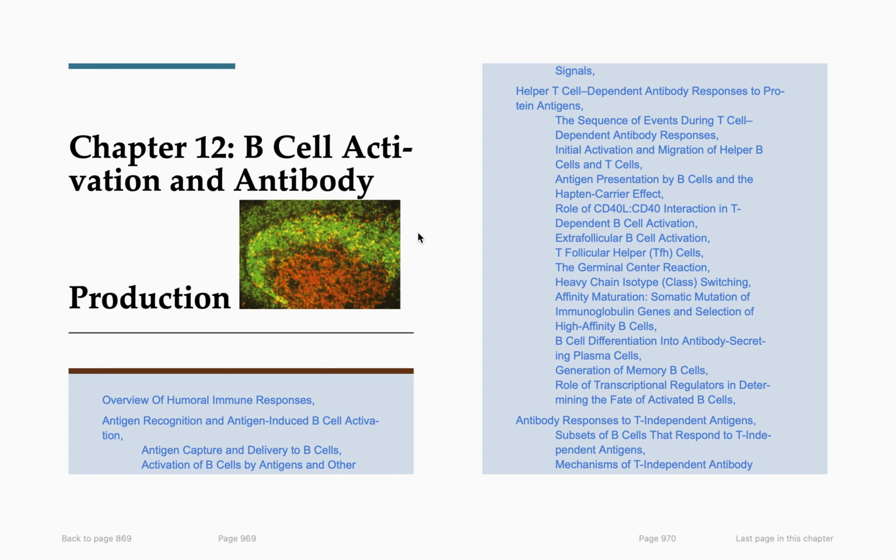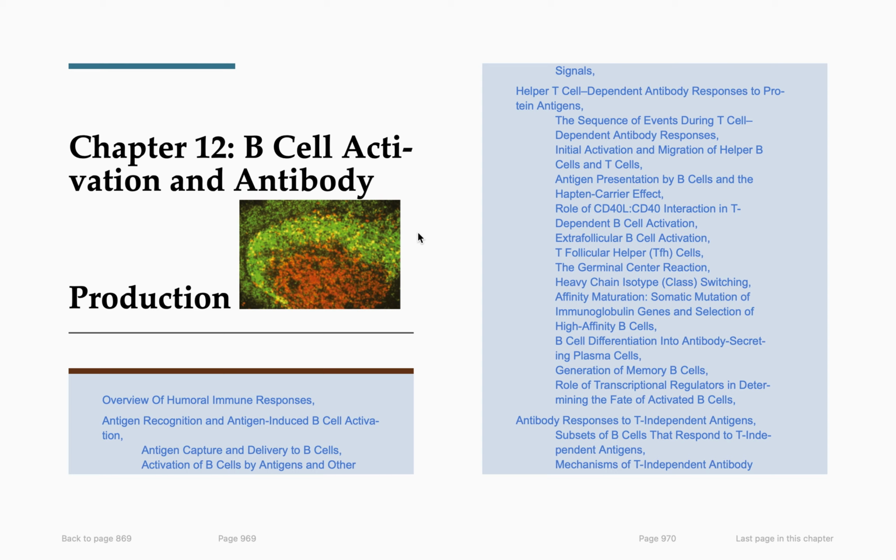Chapter 12, we'll be discussing B cell activation and antibody production. In this chapter, we are going to look at an overview of humoral immune response, antigen recognition and antigen-induced B cell activation, antigen capture and delivery to B cells, activation of B cells by antigen and other signals, helper T cells dependent antibody response to